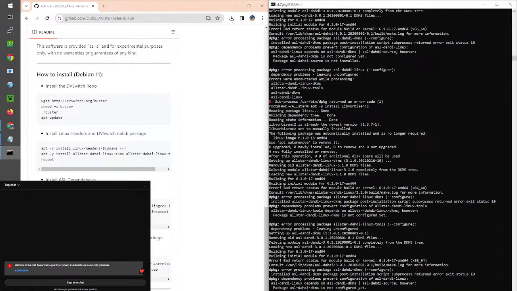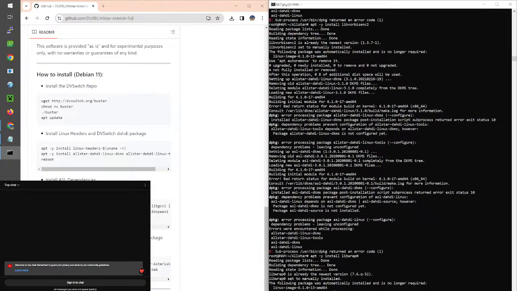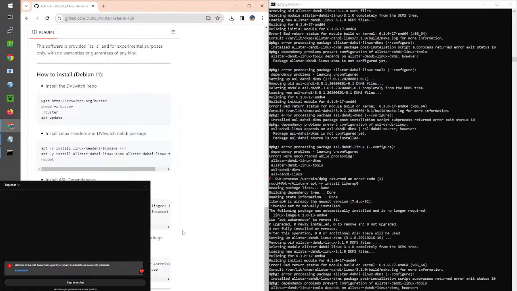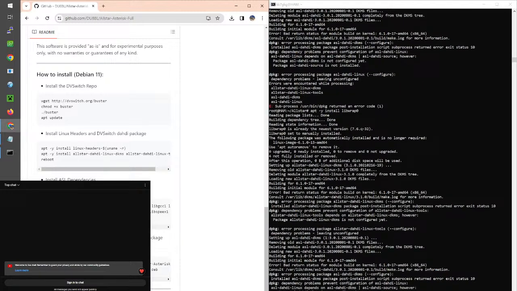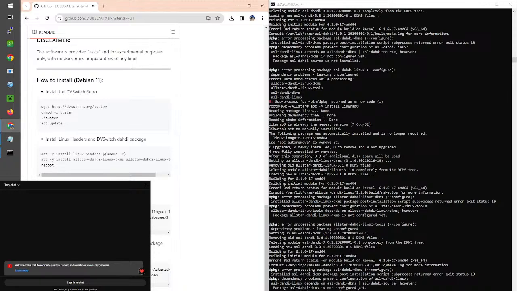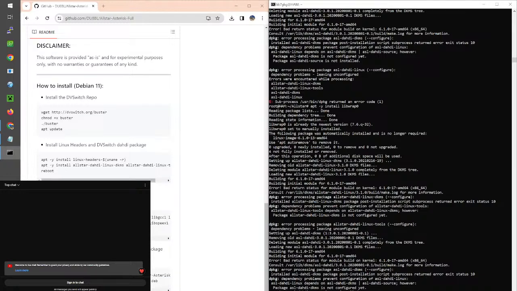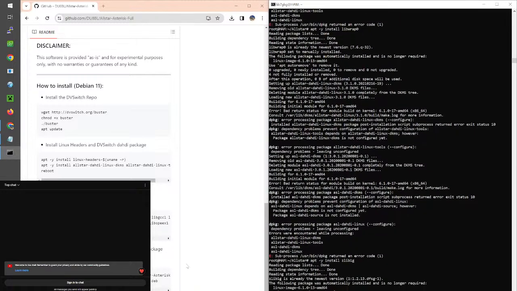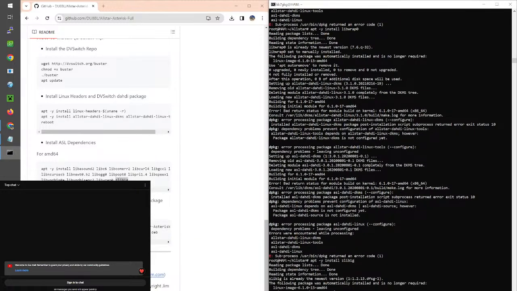Alright, now that one's done, we'll go up, paste that. And then the last one will be ZLIB1G, that is Zulu, Lima, India, Bravo, 1, Golf. We'll go back to the command prompt and run that. After that, we have to run